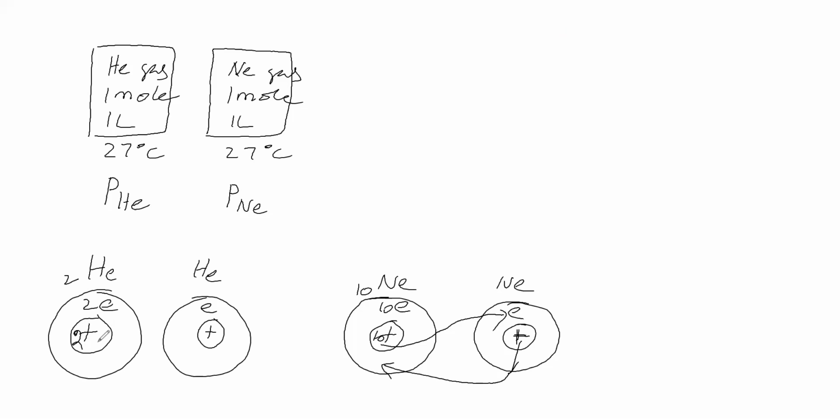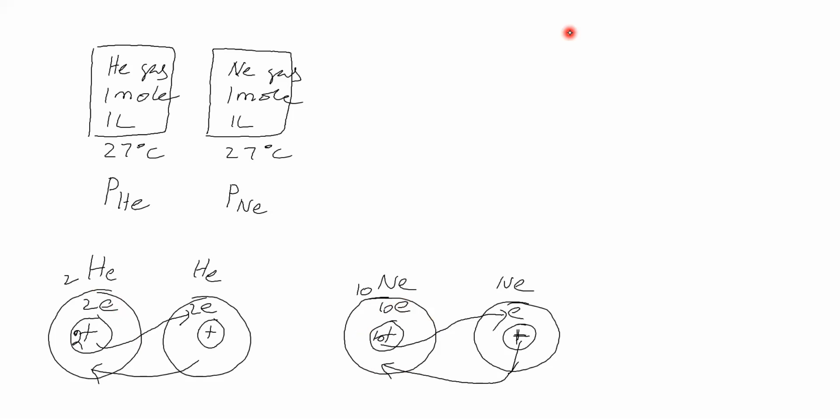Now see, this nucleus is attracting these 2 electrons. Here the nucleus has 10 protons, and the 10 protons attract this electron cloud. This nucleus also attracts these electrons. Therefore, the charge of this nucleus is plus 2, and the charge of this nucleus is plus 10. The charge of the nucleus is different. Around the nucleus here, the electron cloud has 2 electrons, but here around the nucleus the electron cloud has 10 electrons. So the number of electrons varies.